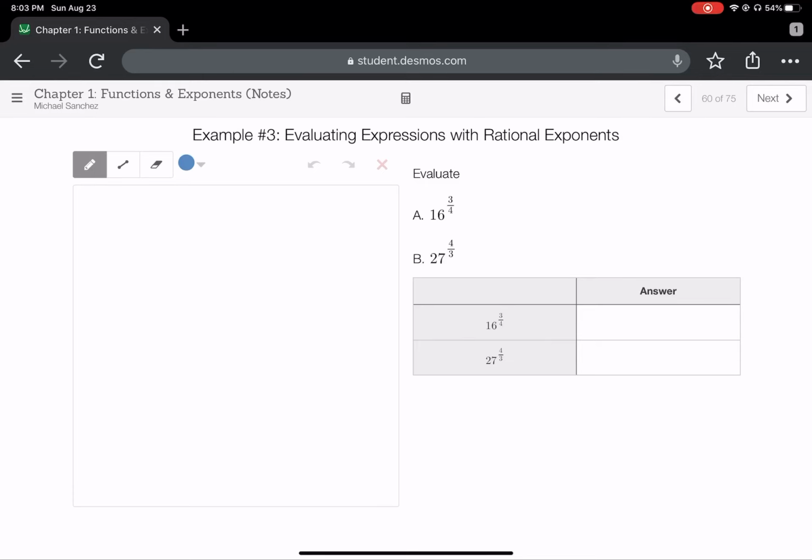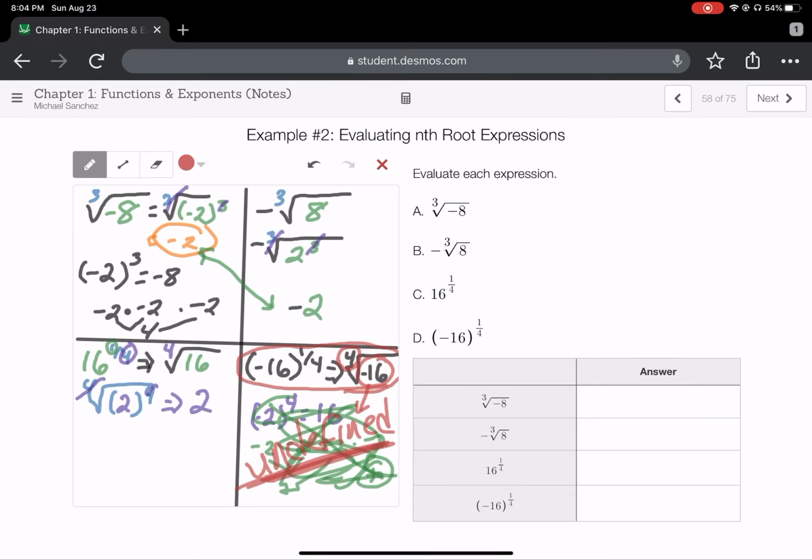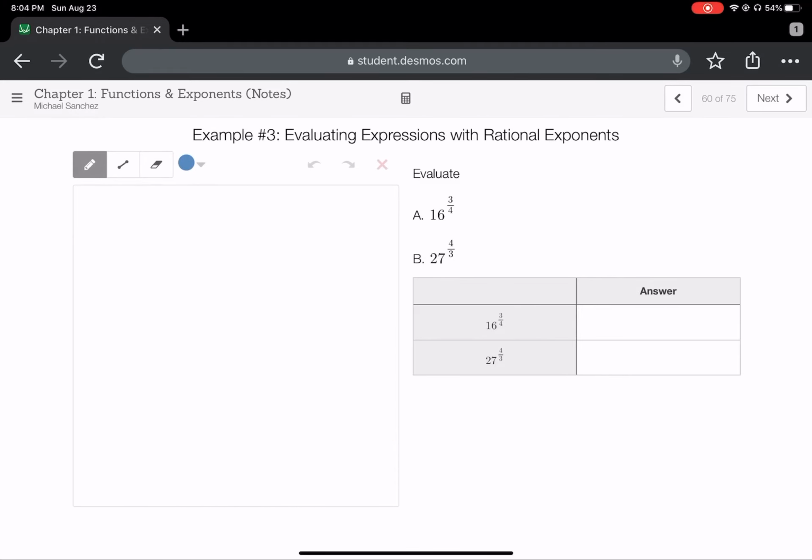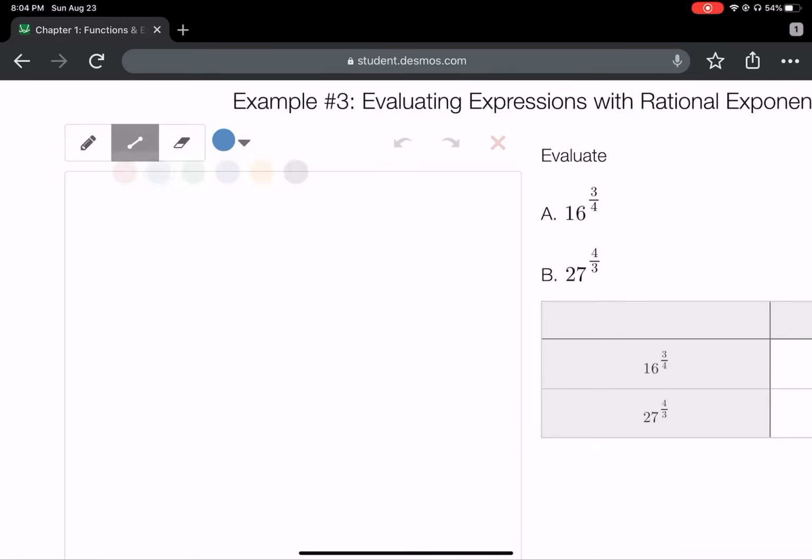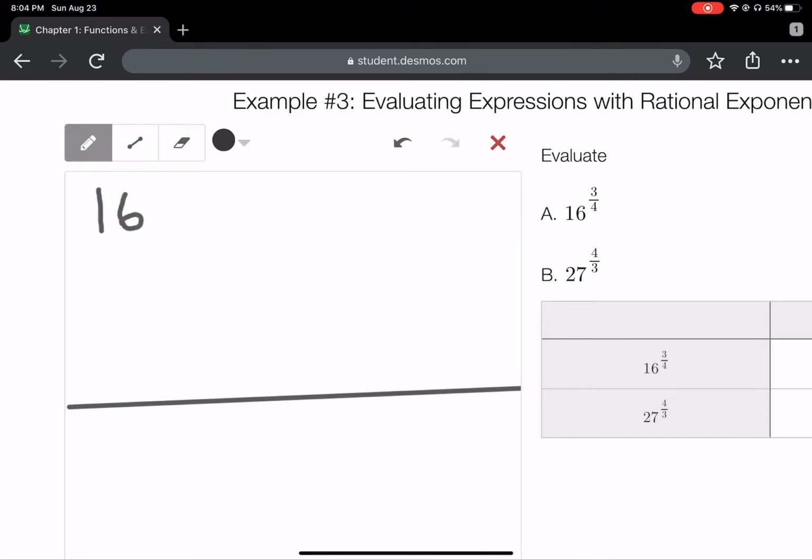All right, so we're going to evaluate an expression with rational exponents. Now, if we notice here, we have a different type of fraction where here we had 1 over 4. Over here we have 3 over 4 and 4 over 3. All right, so we're going to go ahead and show how this is set up. Okay, so first we have 16 to the power of 3 over 4, and I'm going to do different colors here so we can see where everything goes when we set it up. All right, so this is our